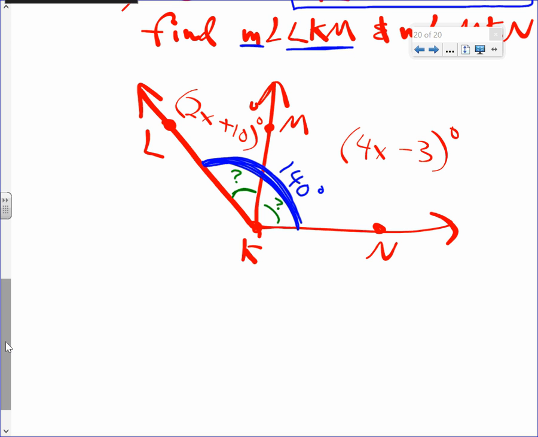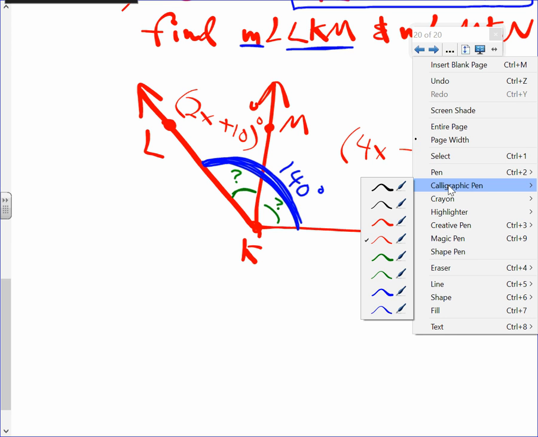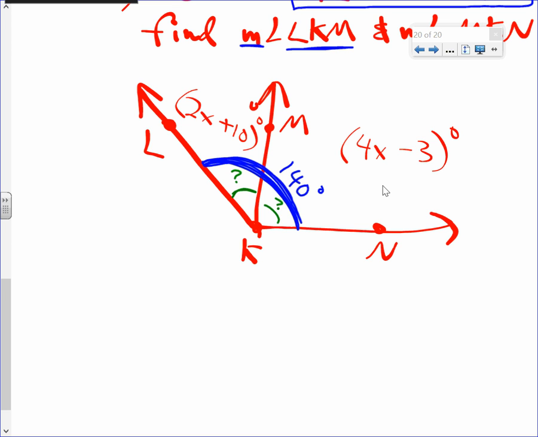Just look at the picture. This angle plus this angle is equal to 140 degrees. In other words, write this equation with me. This angle is LKM. Put angle LKM plus this angle here,